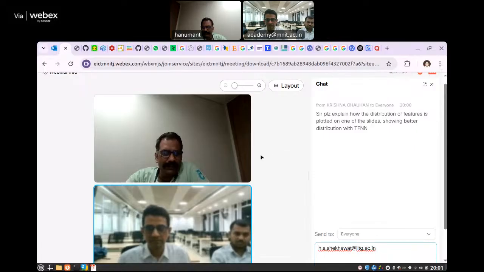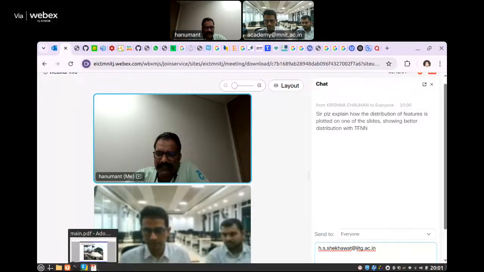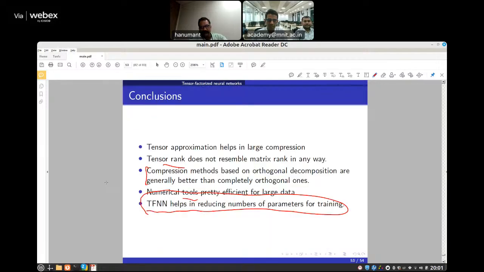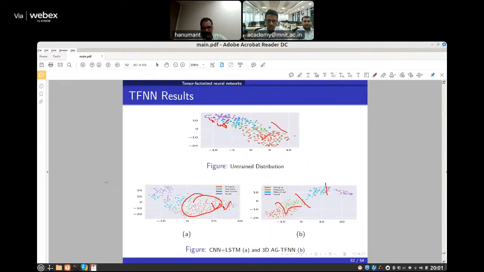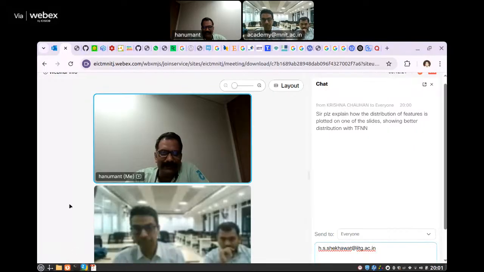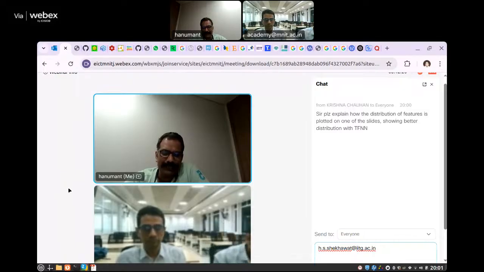Okay, ma'am, this is something still under investigation, why tensors are giving better results in this case. Just to prove our point, we use this particular diagram here. But again, we are still researching why tensor is giving better results. One thing which is just a postulate, from the science point of view, is a postulate which we are trying to verify, that